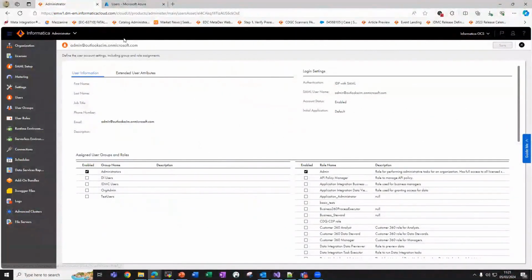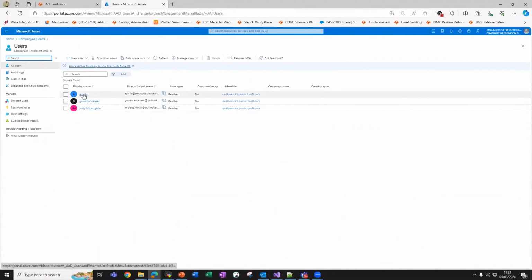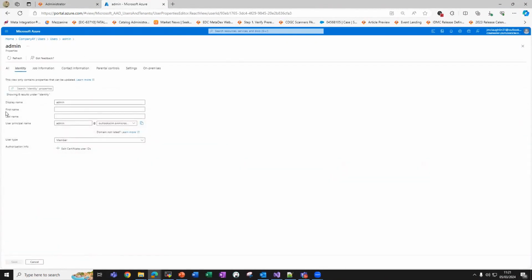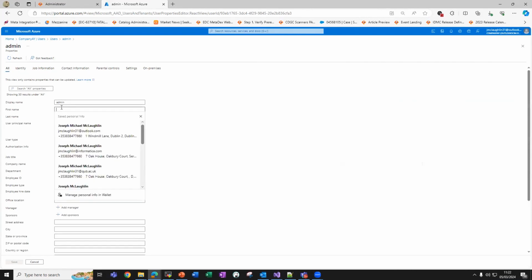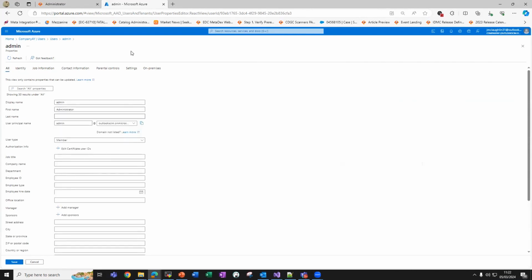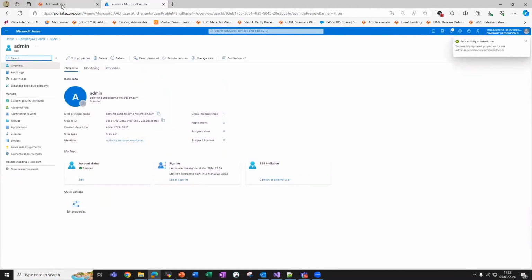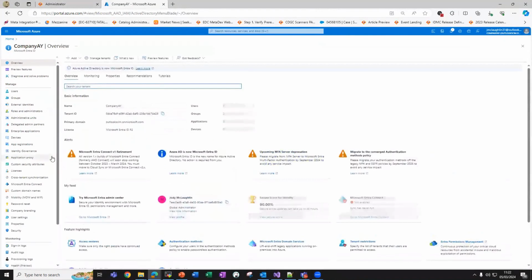Okay, so if we skip back to Azure for a second, if we open the admin profile for our admin user and click on Edit Properties, you're going to see here that the first name field is actually empty. And so is the last name, the job title, the company name, department name, and so forth. So in the case that we decided we want to put in the first name here for the administrator, maybe it's Joe Blogs or something like this, and you save that. Then you provision that user again from our SAML application,